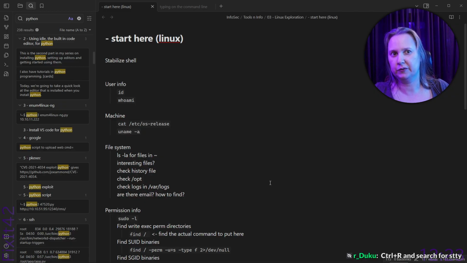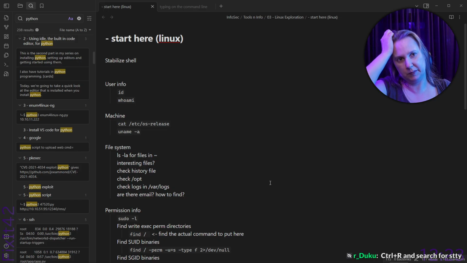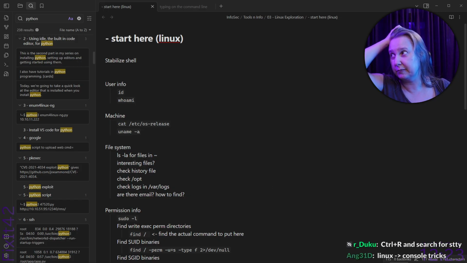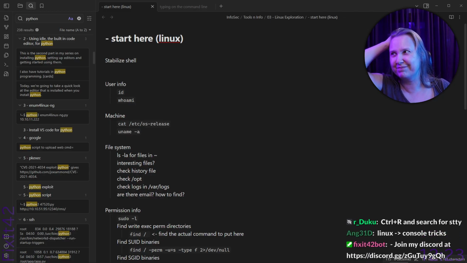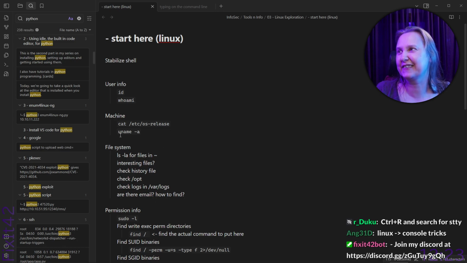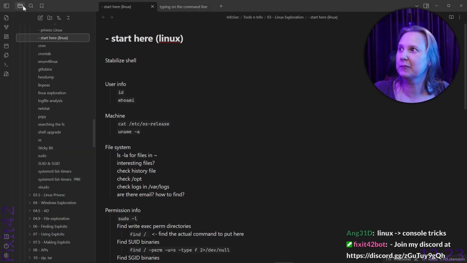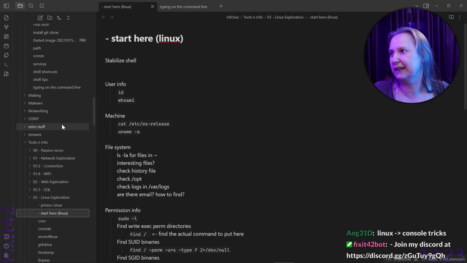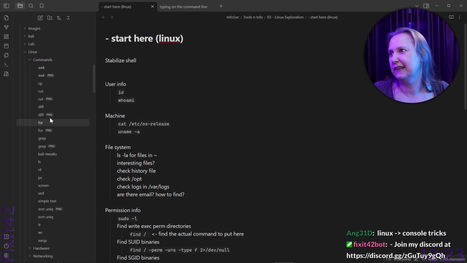it seemed very useful instead of grepping, because grepping is much more limited. Though it could be easy to see a list like this. Ang31D says, Linux greater than console tricks. Yeah, console tricks. I think I have that right already. So let's go back to folders and go to Linux. And let's